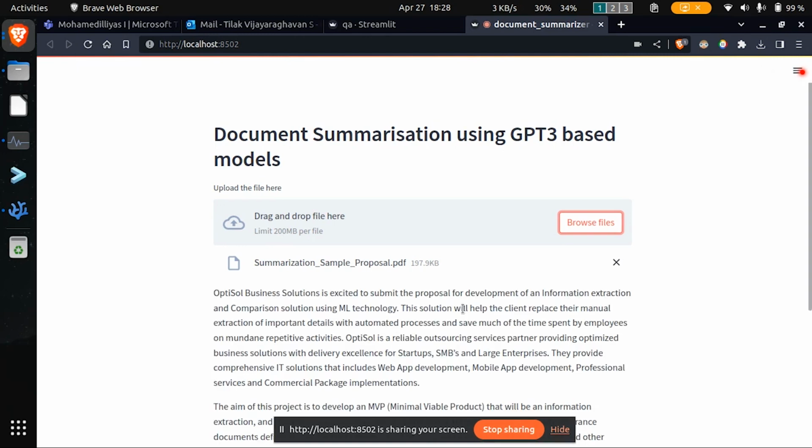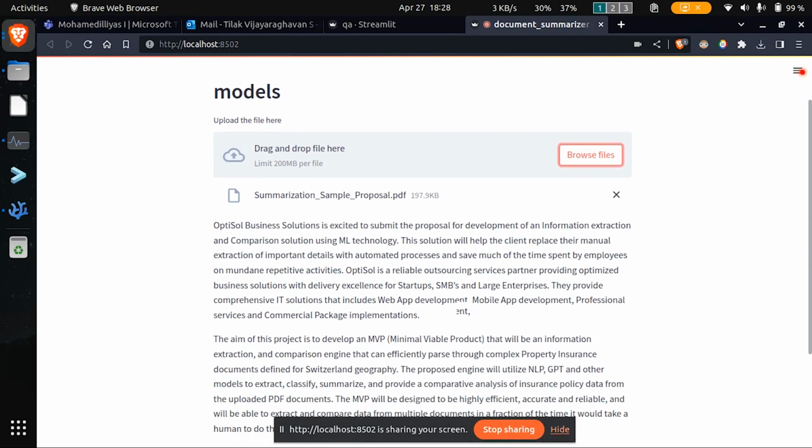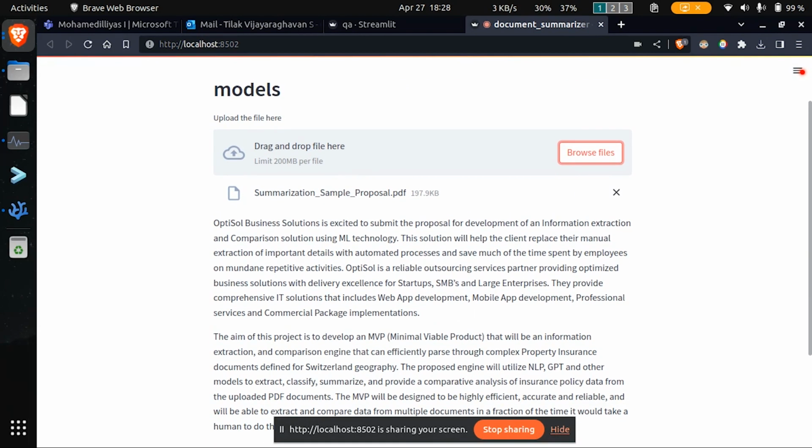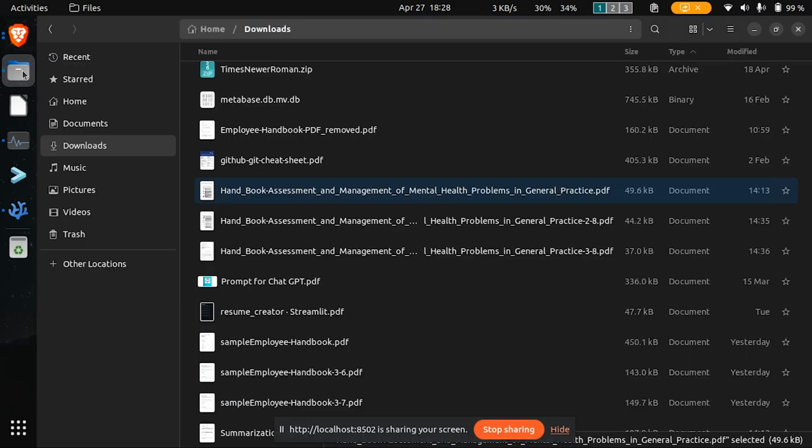GPT-3 based models currently take on medium to large size documents, with GPT-4 being able to process very large documents. So we can see a summary here that this proposal is from Office of Business Solutions, which is aiming to provide an information extraction comparison tool using ML technology. So this is a very crisp explanation given in two paragraphs of